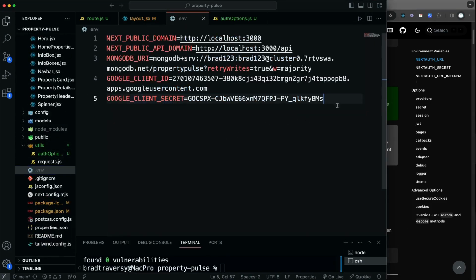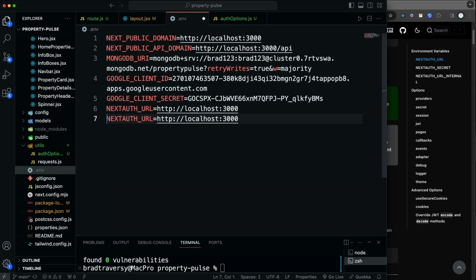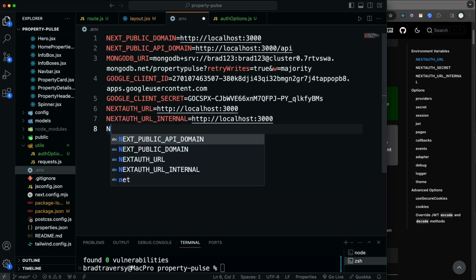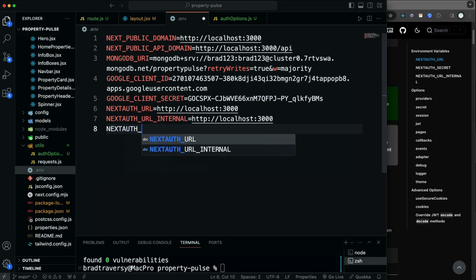So in our .env, we're going to add NEXTAUTH_URL, http://localhost:3000, and then I'm going to copy that down. We're also going to have NEXTAUTH_URL_INTERNAL, which I'll keep at the same localhost 3000. Then we want NEXTAUTH_SECRET,